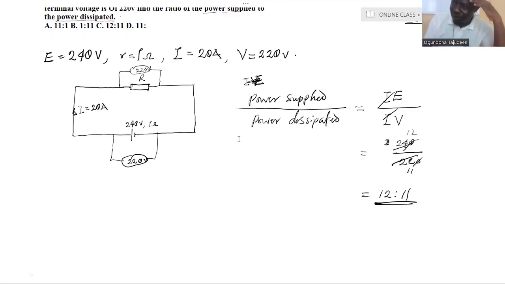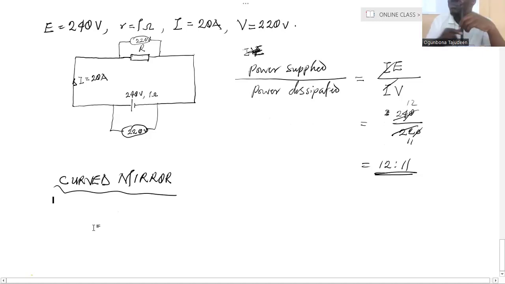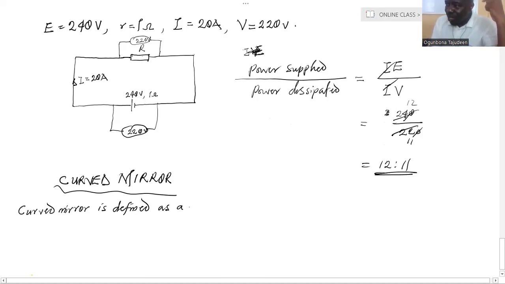Now, what is a curved mirror? Mind you, if someone sends in a question that needs to be solved, I will pause it and then go to the question. Now, curved mirror is defined as, I always have a definition for everything. I like defining everything. It is defined as a mirror